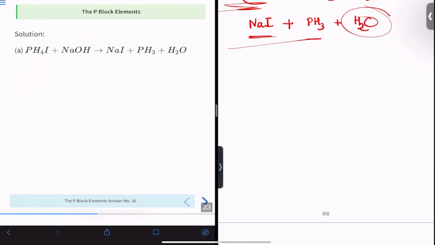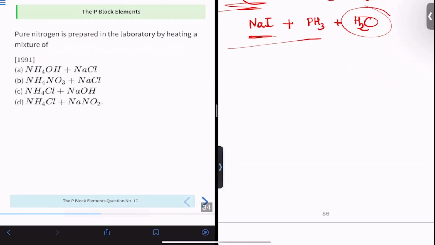Okay, guys. So with this, I'm moving on to question number 17, today's last question. The rest of the questions we will finish in our next session. Question number 17 says, pure nitrogen is prepared in the laboratory by heating a mixture of what? If you go through NCERT, in the topic preparation of nitrogen,